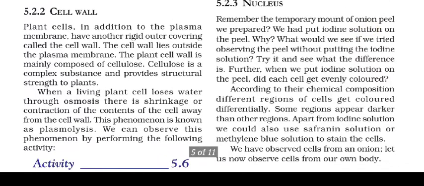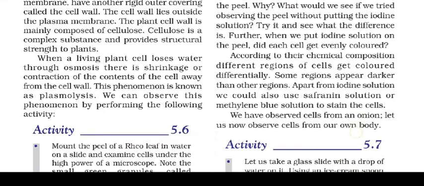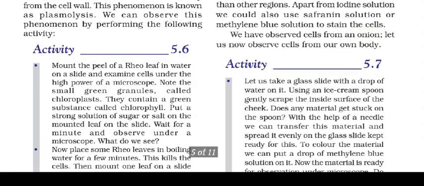If the medium surrounding the cell has a higher concentration of water than the cell, meaning the outside solution is very dilute, the cell will gain water. Osmosis in this situation is called a hypotonic solution. Okay, I am just defining it in a very simple way. We have three types of solution: hypotonic, hypertonic, and isotonic. Now what are these?